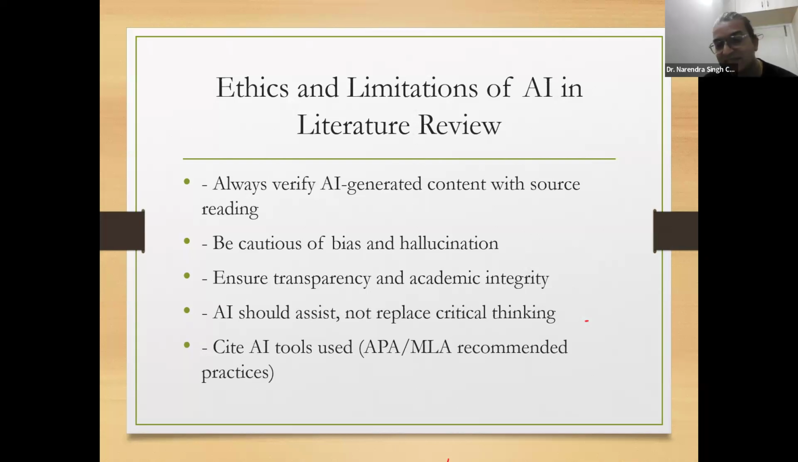So AI should assist and not replace critical thinking, as we have discussed yesterday also. See, AI is just a tool. Understand that. It's not there to replace you, because the human brain and the decision making has to be yours only. And the site AI tools, largely they are using APA and MLA recommended practices. So that is perfectly okay. So please make sure that whatever kind of research you are doing, you are very much ethical about it, and you're not